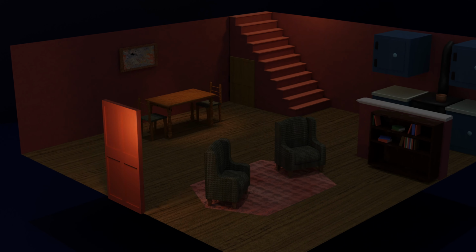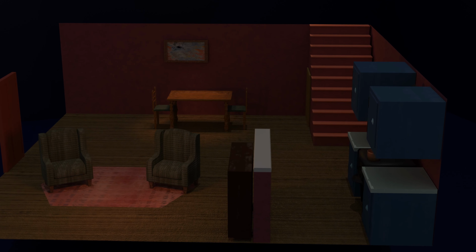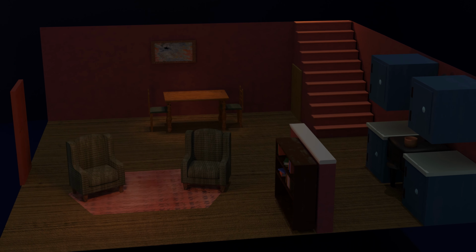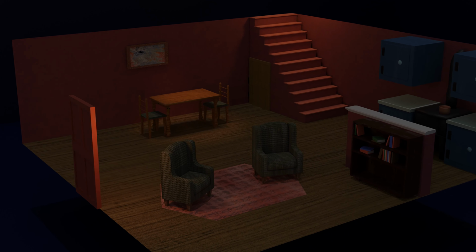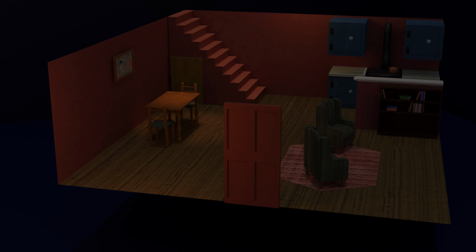I thought I'd just take a couple minutes to show off what I've been working on recently. I guess the first thing I'd like to talk about is this 3D model scene I've been working on recently. It's a